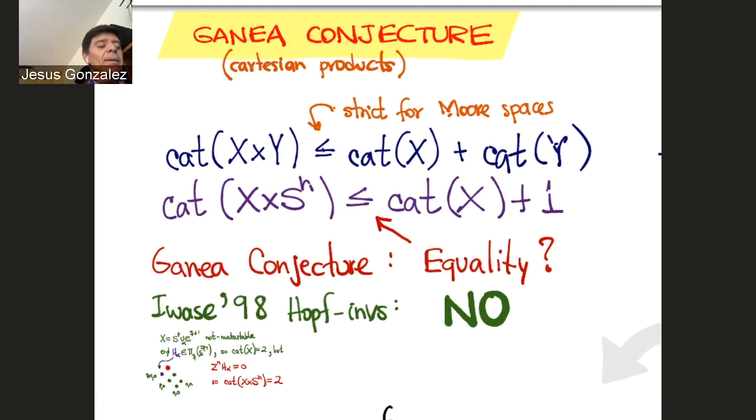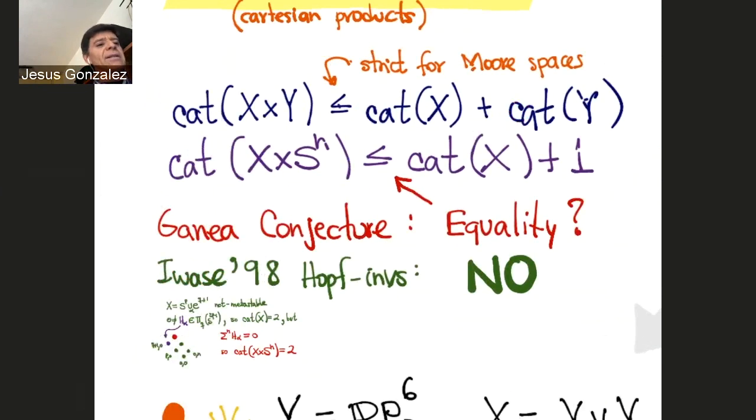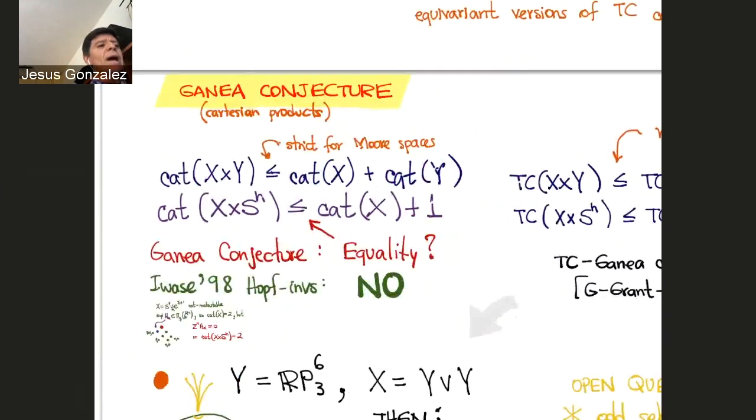But in 1998, Norio Iwase realized that there are actually examples, homotopically simple examples somehow, where the inequality is strict. I'm going to be saying a little bit more about that, but then you could ask the same question